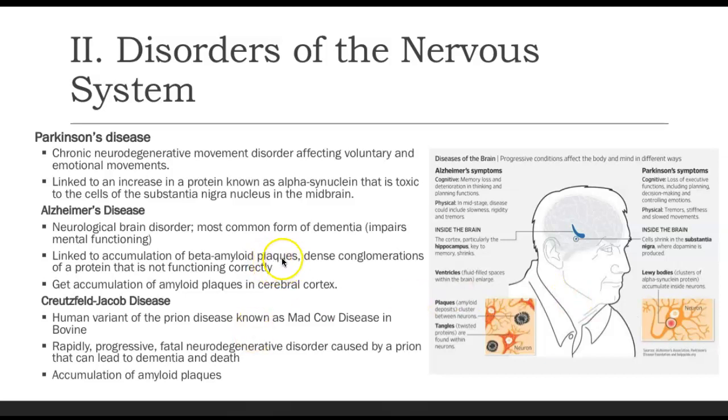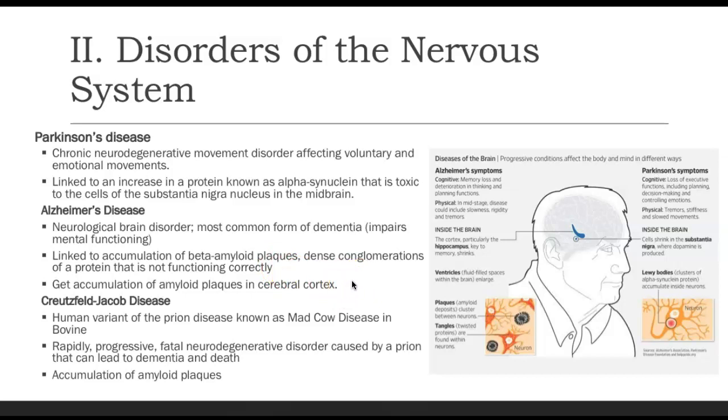Interestingly enough, when you go to sleep, your microglial cells, remember those nursing glial cells within our central nervous system, they help to get rid of beta amyloid. So the more sleep you get, the better, so that we can avoid these plaques from occurring later in life. So just a little side note. And those accumulations are going to be within the cerebral cortex.